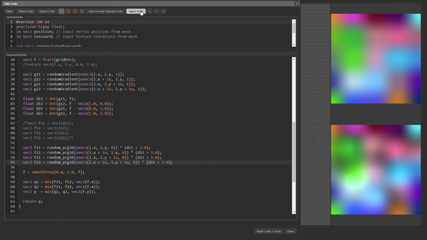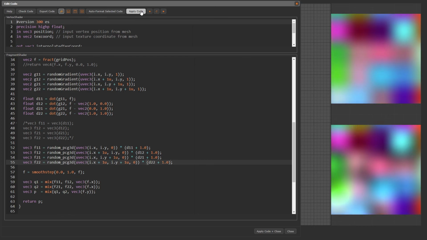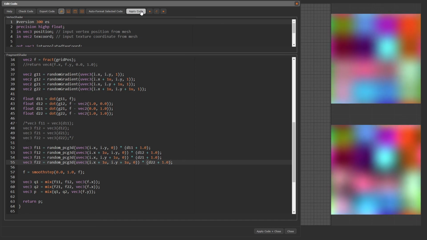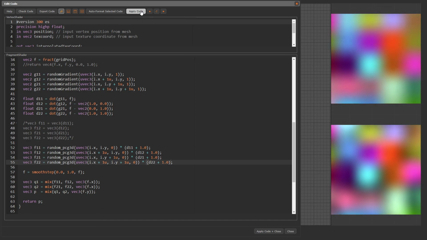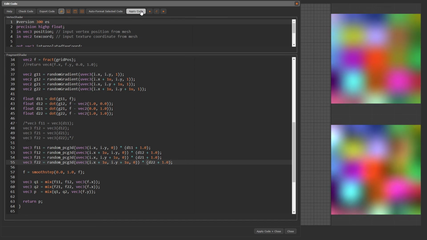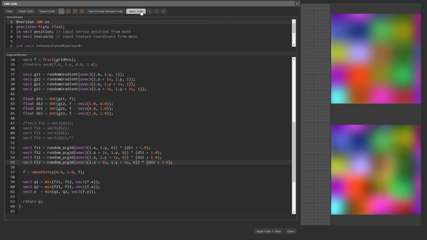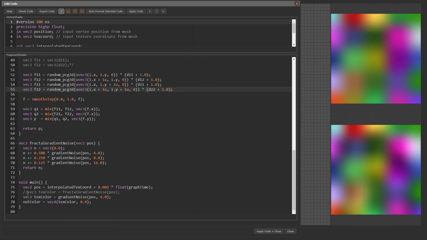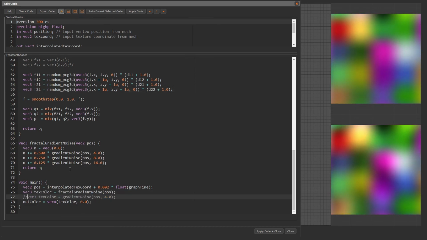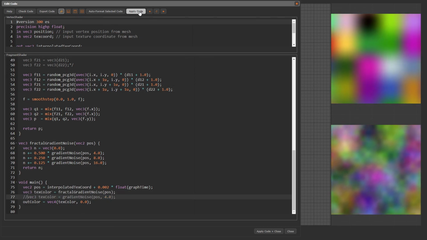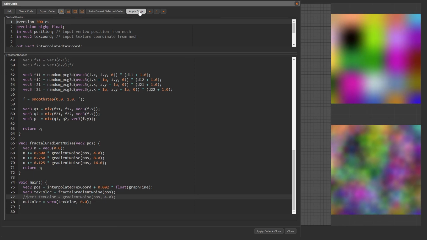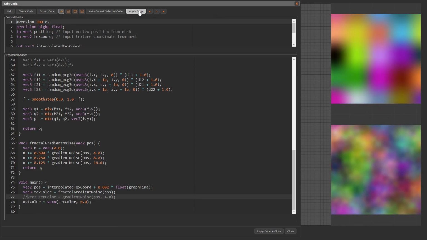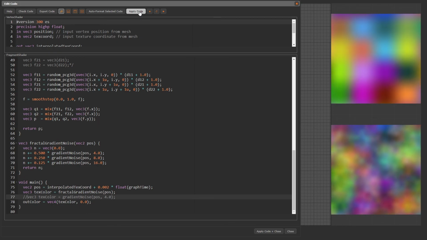Excellent. If we compare both approaches, the gradient noise looks more natural and less regular. For the value noise, the underlying grid structure is more obvious. Let's enable the fractal noise variant for the gradient noise. Looks also good. Today we have learned how to generate value and gradient noise.